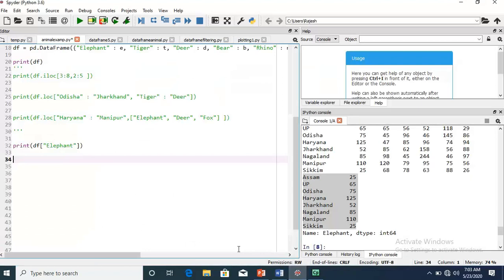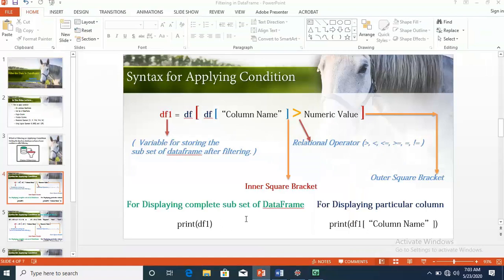Let you see. Print df, then we will follow the syntax. First we write the df data frame object, then use a square bracket.